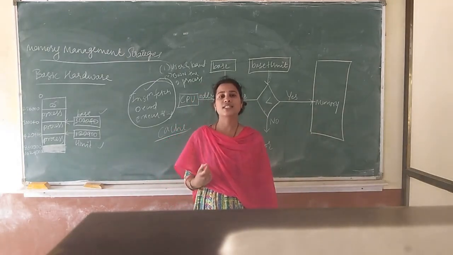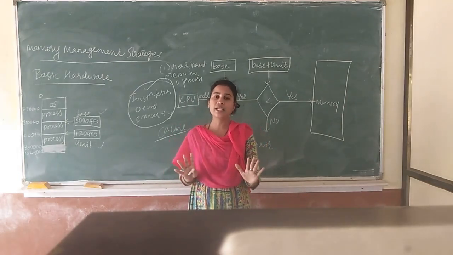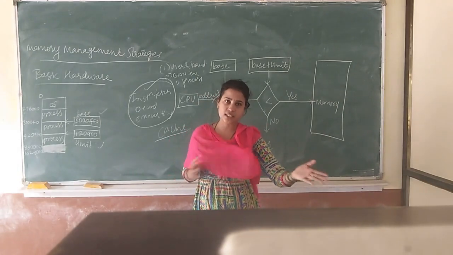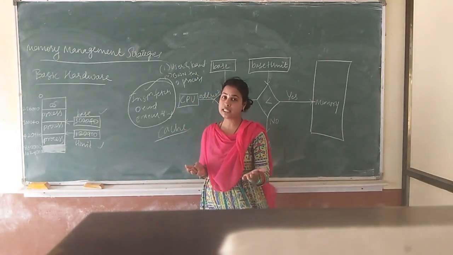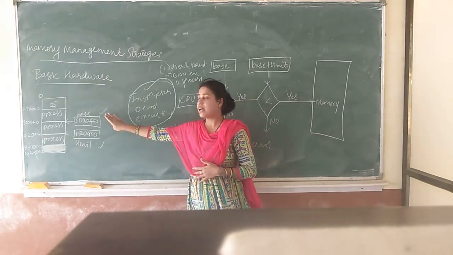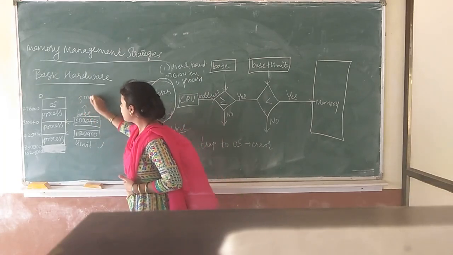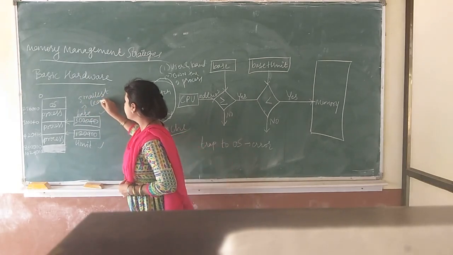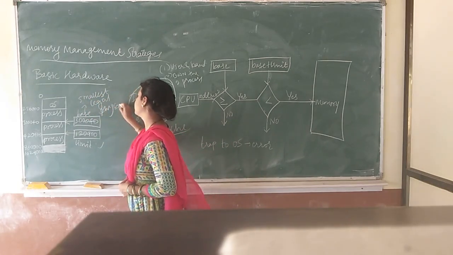Smallest legal physical address. Legal in the sense that it is legal to use. Illegal means you may be going to use the address space of the operating system or the address space of a different process. That is illegal usage of addresses. So what does the base register contain? The base register contains the smallest legal physical address.